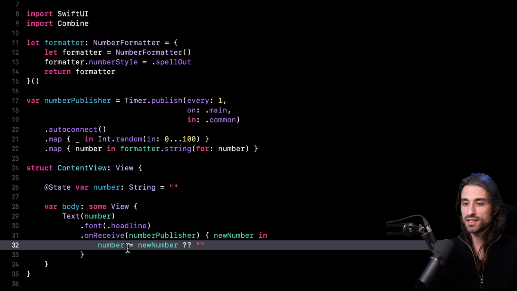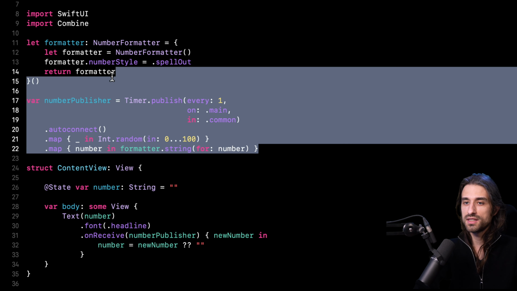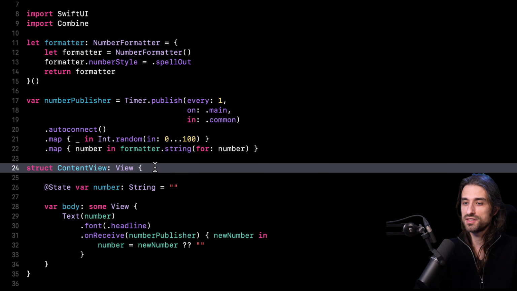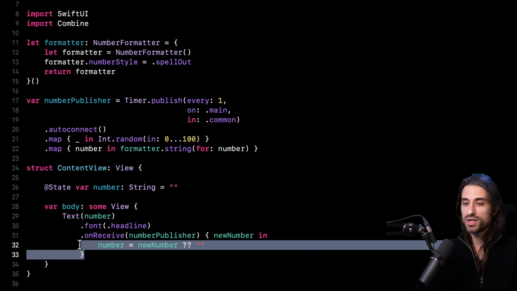And now let's say that I want to try to use async await in my content view, but of course I don't want to change anything in my model code because I don't want to do a full rewrite of my app. I just want to try out this async await pattern and see how it works. As it turns out, this is pretty easy to do because in Combine there is actually a bridge that is already implemented for you and is going to allow you to use a Combine publisher with the async await syntax. So let's see how this bridge is going to work.